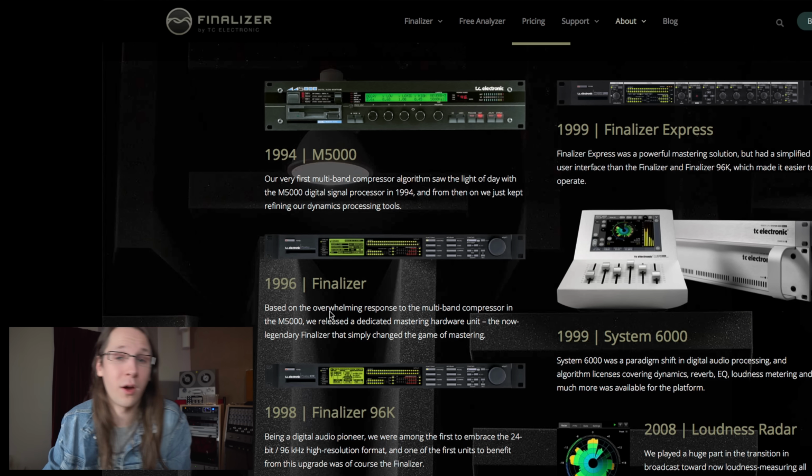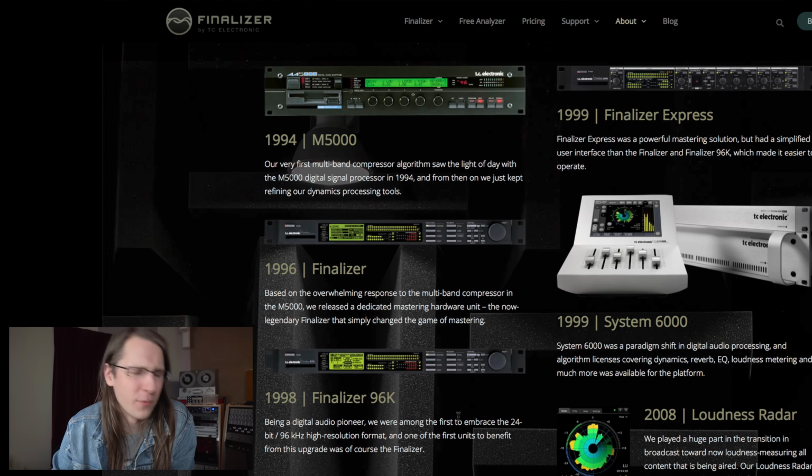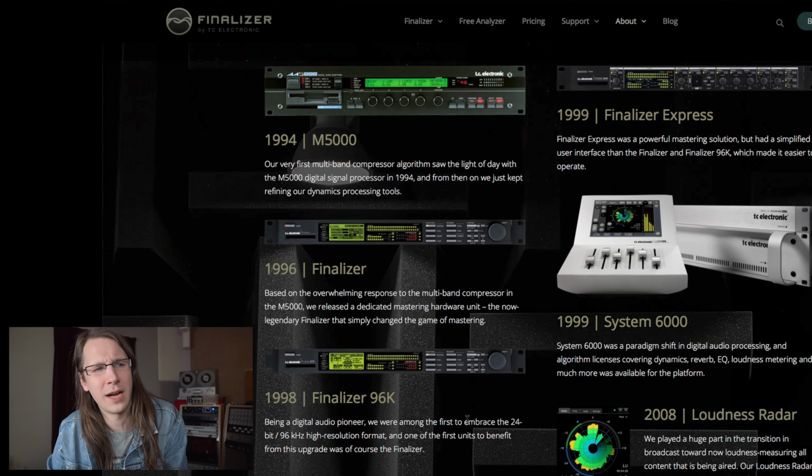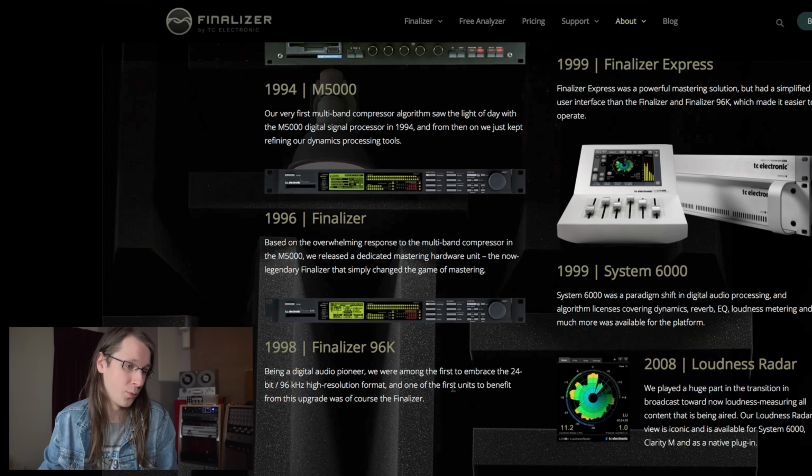That's how bad the compression is. And the same goes for the Optimods, which are even worse, if you ask me. But that's my one and only experience with the Finalizer, so I'm not sure I can tell you the differences, because I simply can't. But we can at least take a look at the system and what we can do with it. So let's do that.